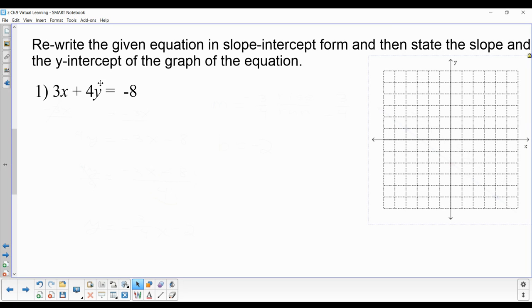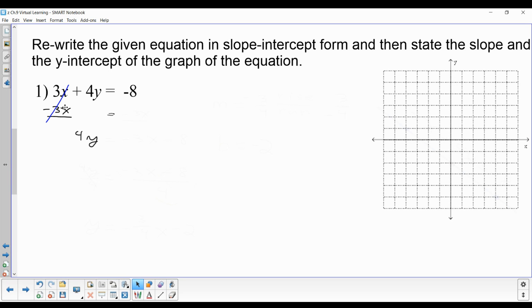So if we identify that the y is right here, I need to cancel out the 3x. I'll do that with the additive inverse. 3x plus a negative 3x equals 0. 0 plus 4y is 4y. So we did the inverse and used the identity property to do 0 plus 4y is 4y. But the equality property of addition says that whatever we do on one side, we have to do to the